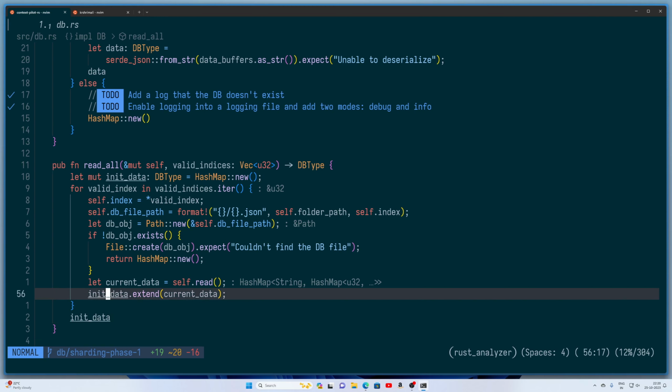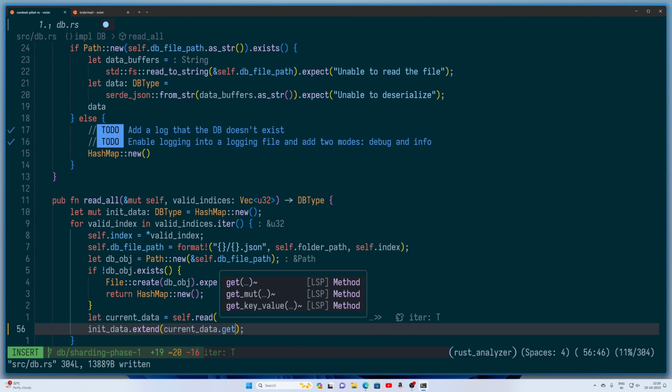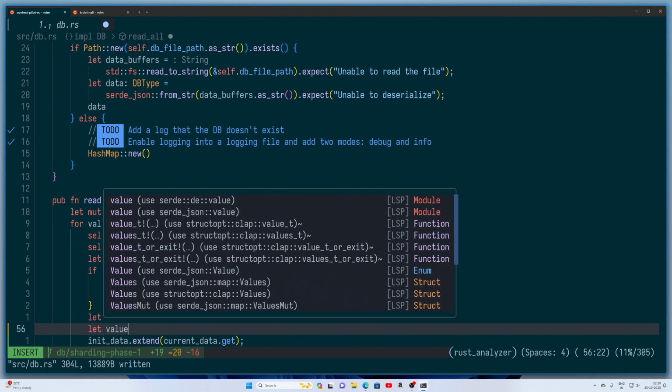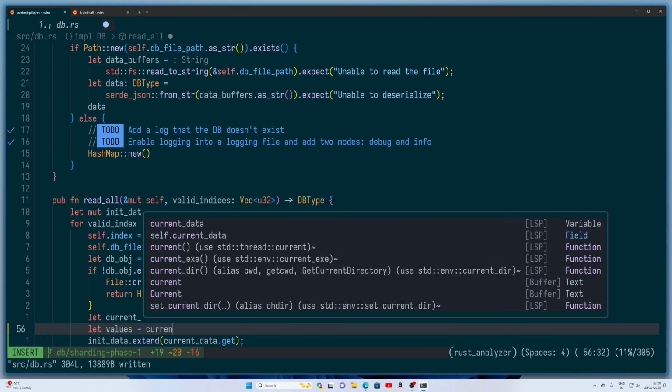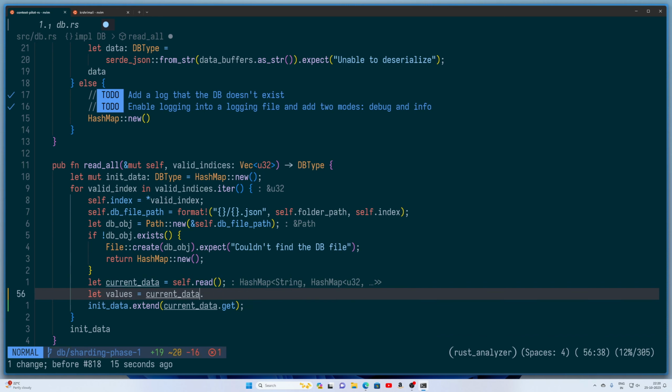Wait a minute, this is current data is what? It's a DB type, right? So all you need to do is you need to get current data dot get. Okay, let value is equal to current data dot get. What's the key? What are you using as a key here? Cell.db file path, right? Cell.db. Why am I doing cell? Sorry, this is what? Wait a minute, sorry. Not the right line. Yes, sorry. Get cell.db file path,